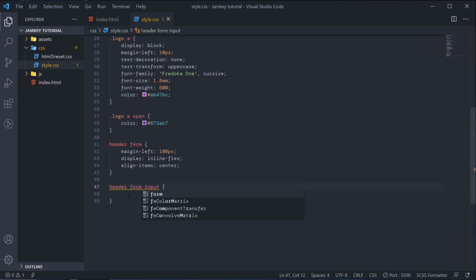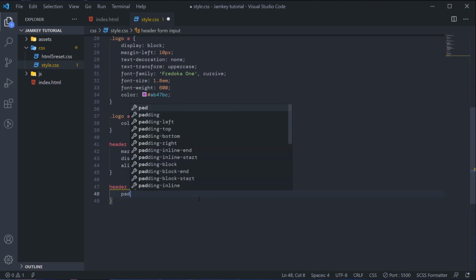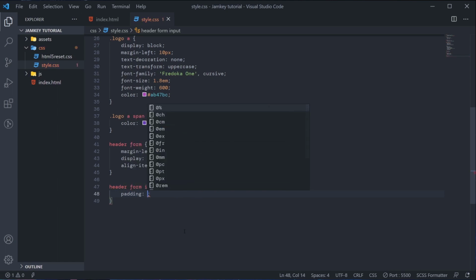So what we will do, we'll set the padding, because the form now is tiny. So we'll set the padding now. Top could be 12 pixel. The right could be 12 pixel. Bottom will be 12 pixel. While the left could be 50 pixel.